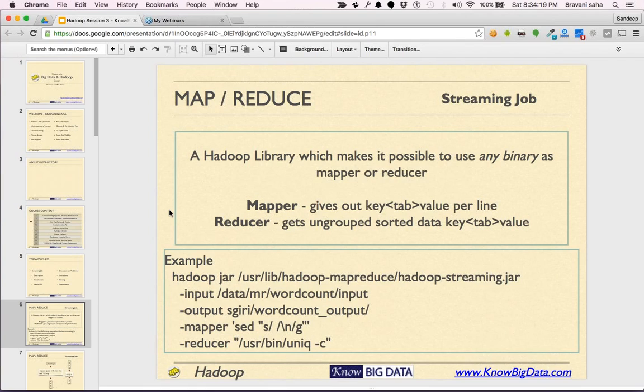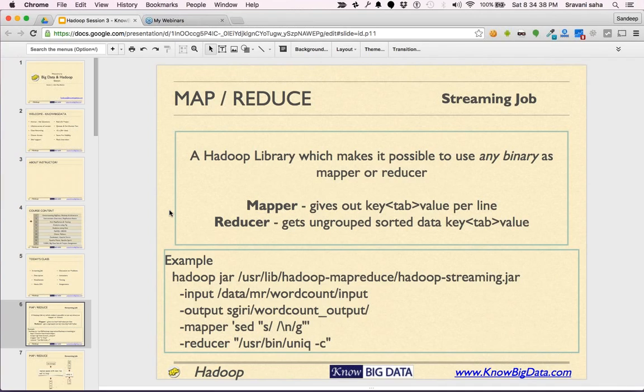All right. Those who have used C code or Java code know how to run a system command, right? When you run a system command, you can execute any program from either C code or Java code.